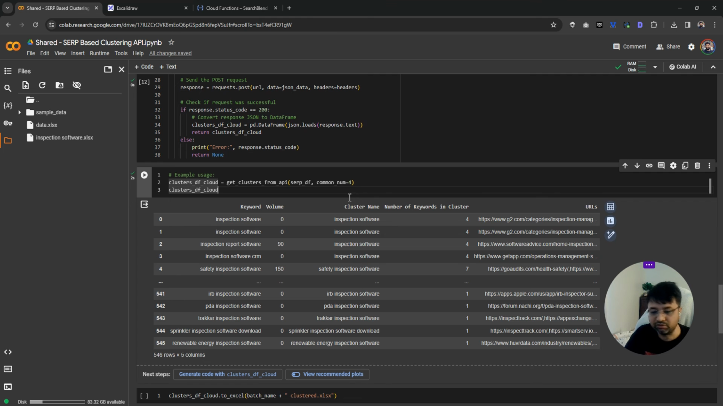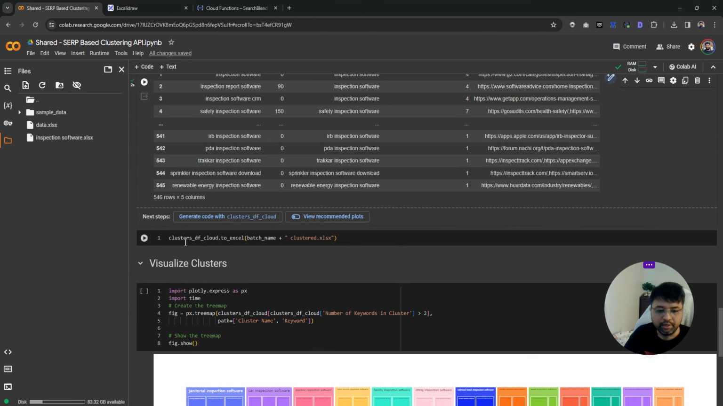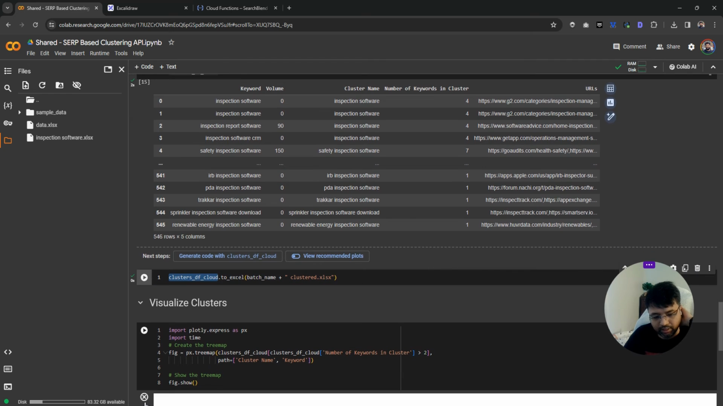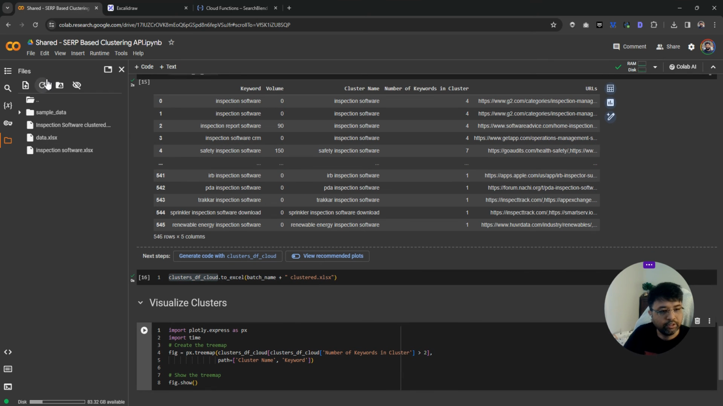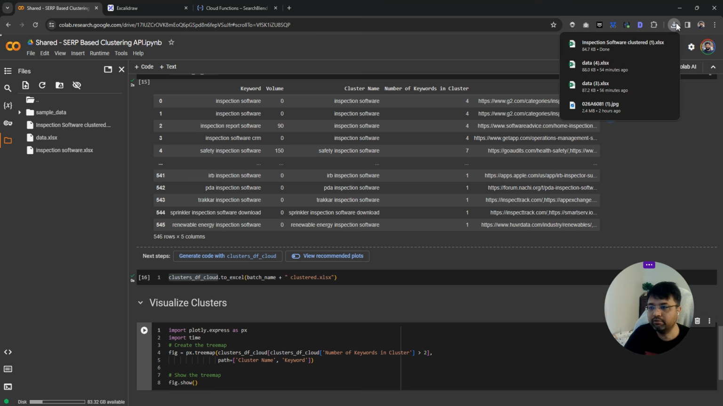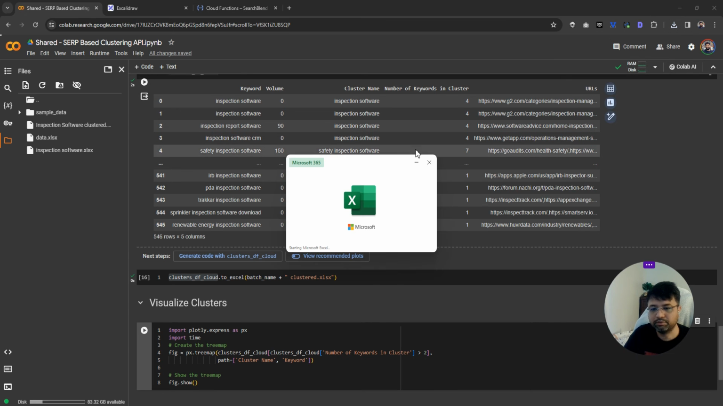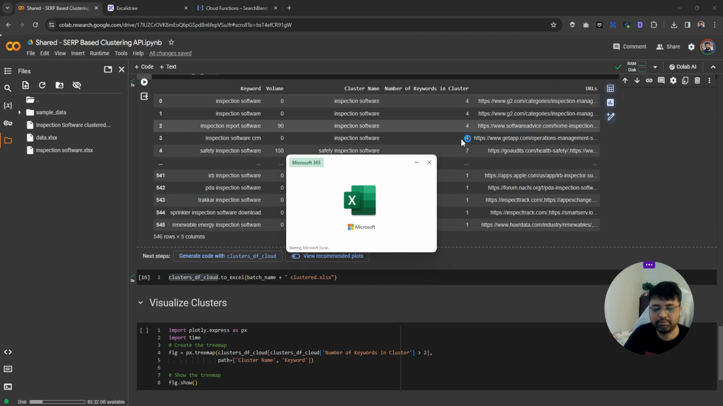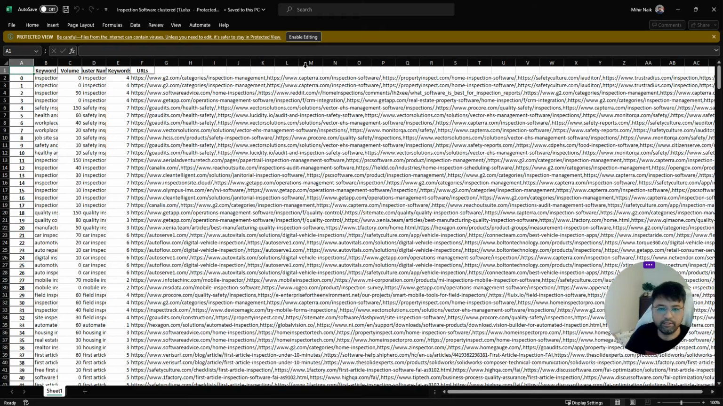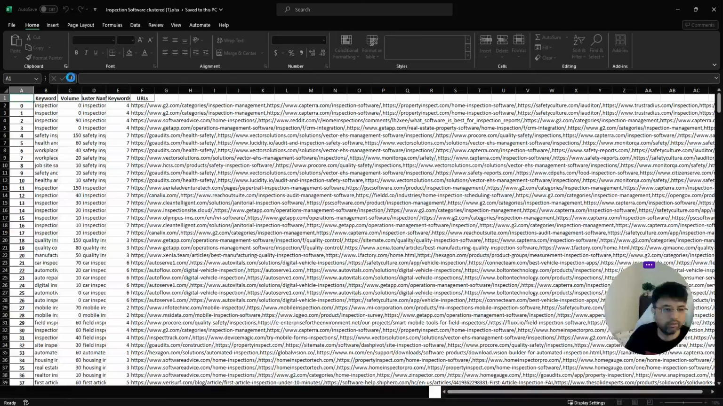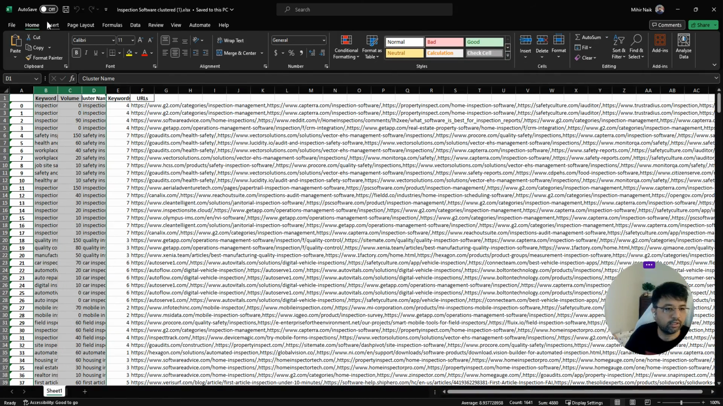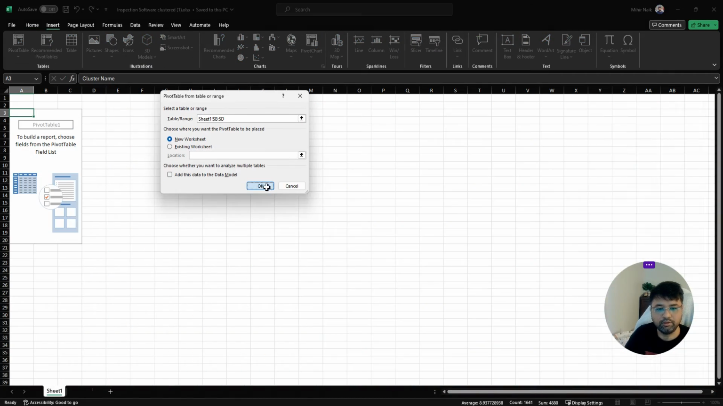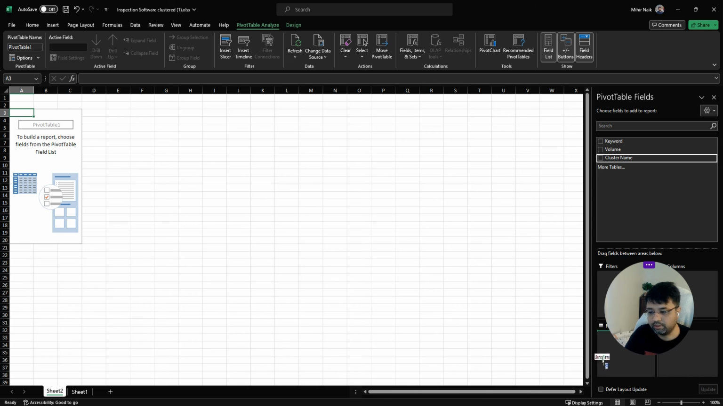You could do it almost literally for free. Now you have this saved in clusters df, and you could export this here. And this is the file that you have, which says inspection software clustered, and here you got everything that you need to analyze your cluster. So you can do a pivot table,